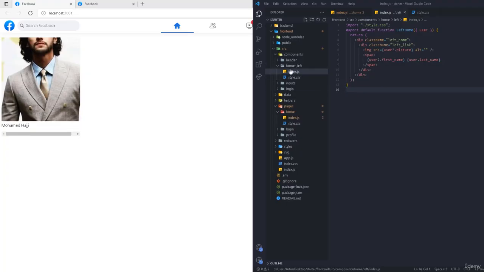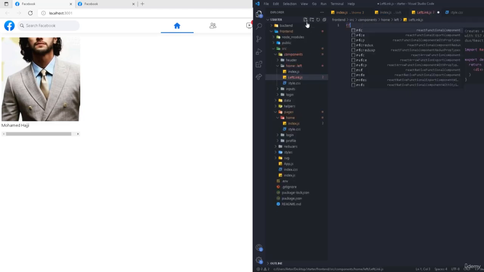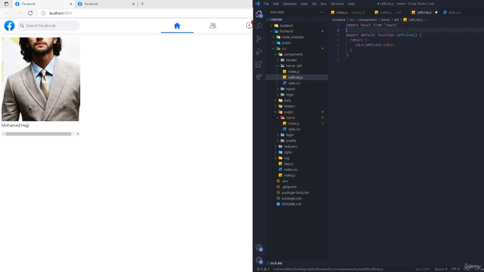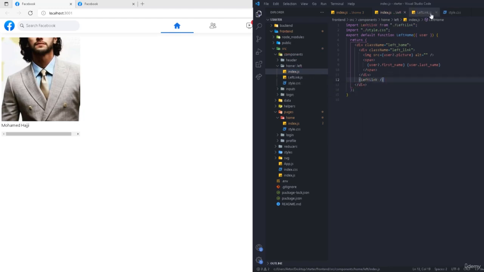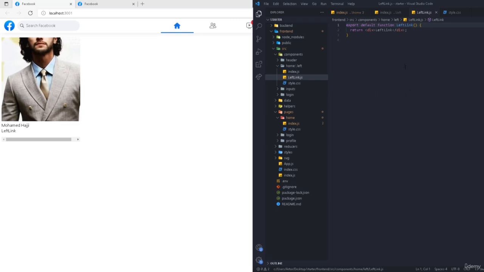So simply going back right here on the left folder, we can create another component. Let's call it left link.js, okay, and inside this RFC, and this is the component. Let me go back to the left and then import it after here like this, and this is the left link is going to be shown right here. So first of all, let me also add the class name for this. So this is going to be left link,